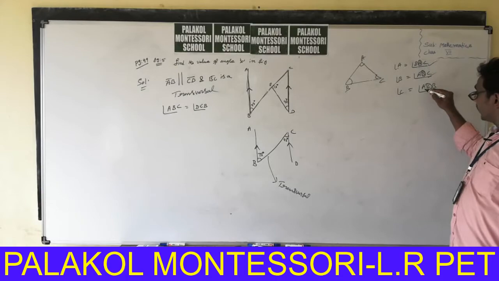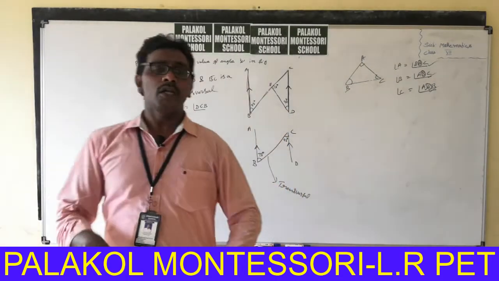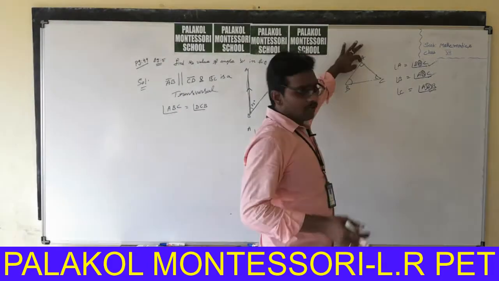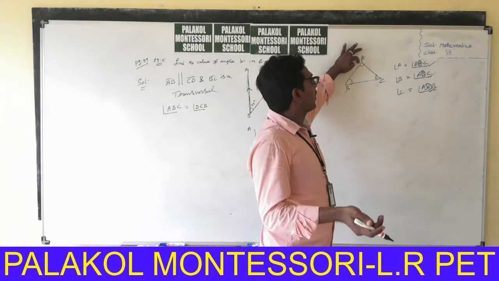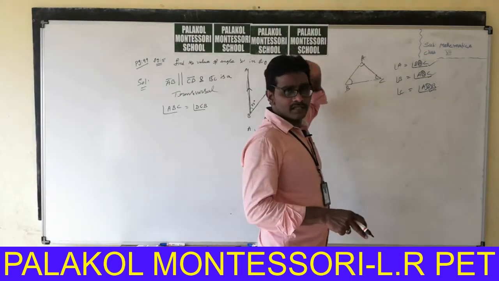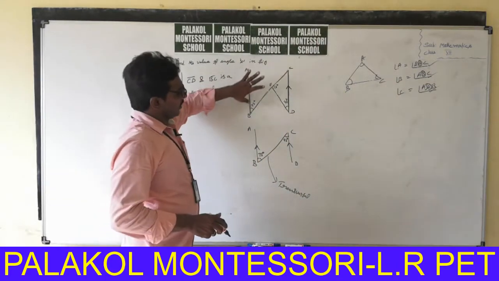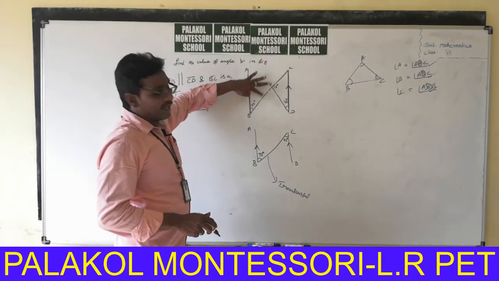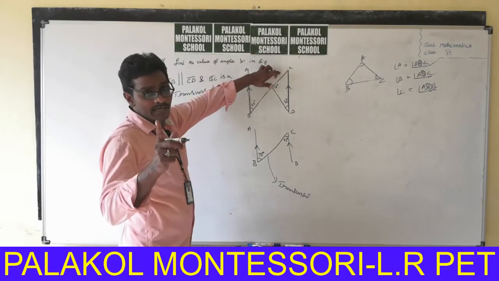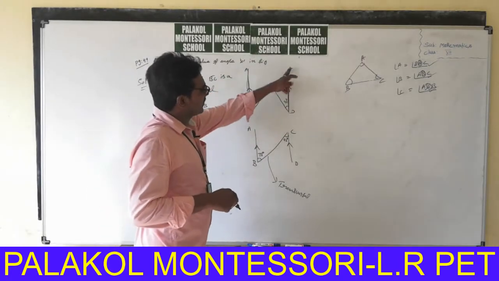In some situations you have to use this. Why? Because there are more points on that line, so you take this. If there are not more than 2 points on the line, take directly angle A, angle B, angle C. So, apply here. Guys, you see in this line segment there are more than 2 points. Here BC are the 2 points, one more point is E. So, that is why I take it as DCB.